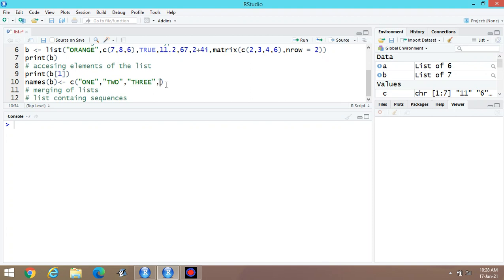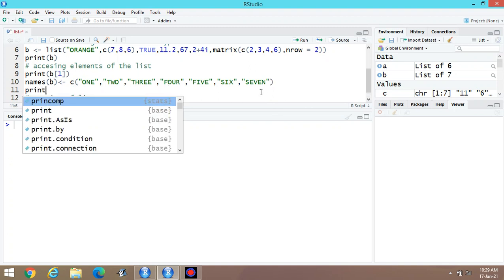I am assigning some numbers, 4, 5, 6, and 7, because 7 elements are there, 1, 2, 3, 4, 5, 6, and 7.